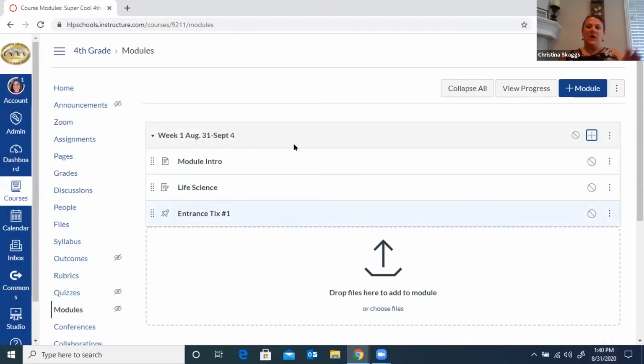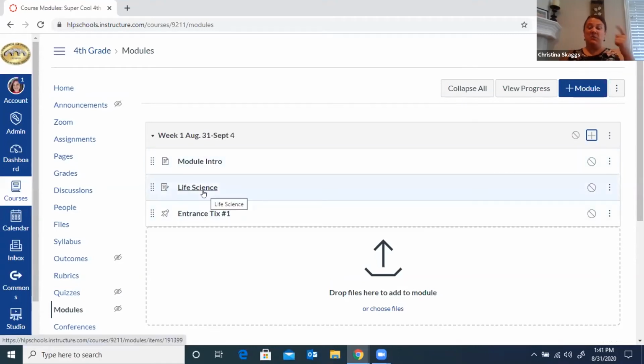So right now, I'm not actually putting any content into my module. I'm just thinking about, you know what, I know I'm going to want to do a little pretest at the end of the week for life science, or I know I'm going to have to do my wonders pretest that I'm working on. Whatever you decide to list for your assignments, I could go on and on. I could list another assignment, but what I want to share with you is that